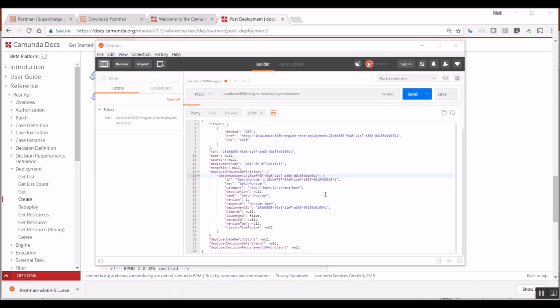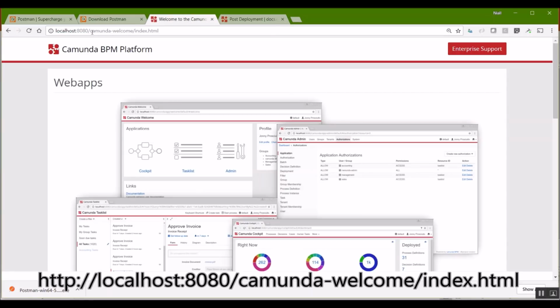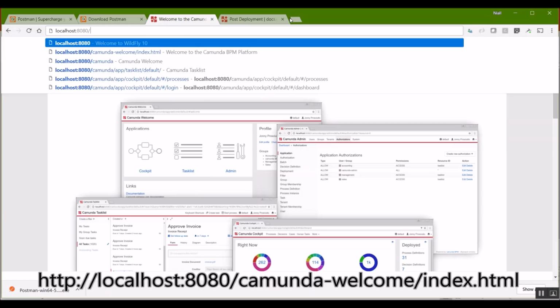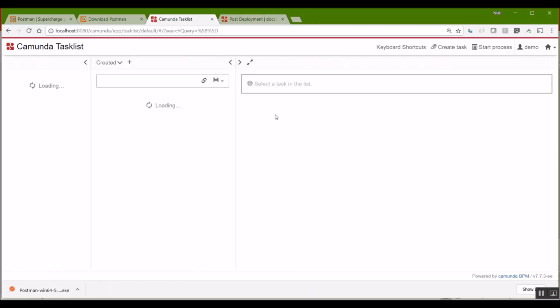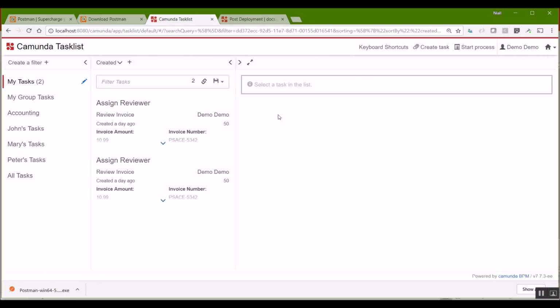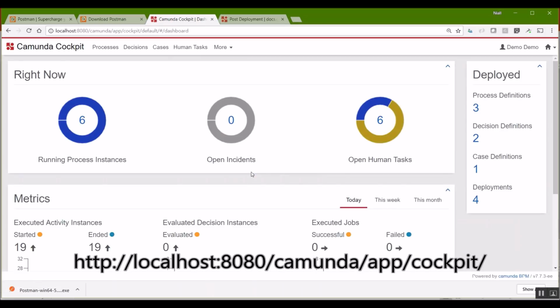Now, as I said, Camunda needs to be running, of course, for this REST call to even be successful. So we can assume that we can go to a web browser. And if it hasn't already loaded the welcome page, we can go to a new tab, type in localhost 8080/camunda, and that'll bring us to the task list. If it asks for a username and password, just enter demo. I'm going to go to Cockpit, so I'm going to select the little house in the top right, select Cockpit. And that'll bring us to the admin view of what's going on in the engine.